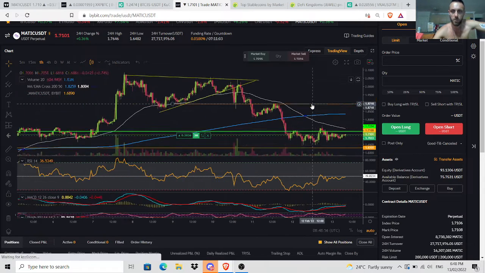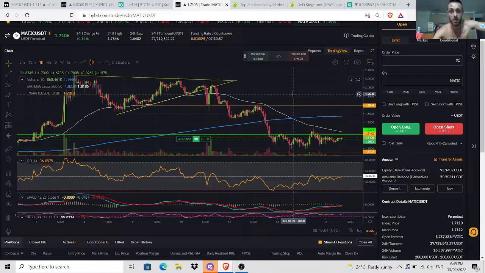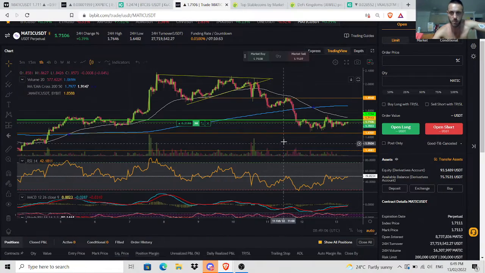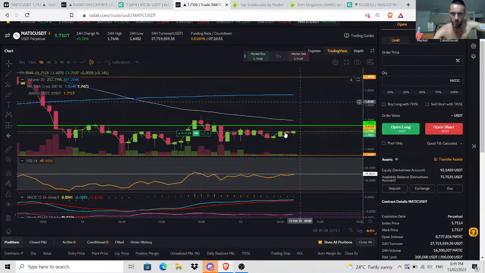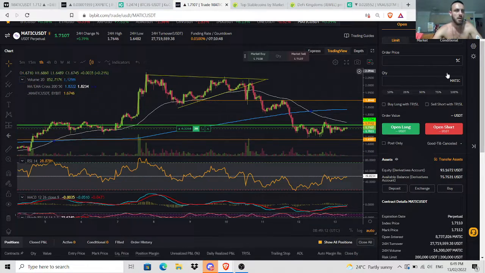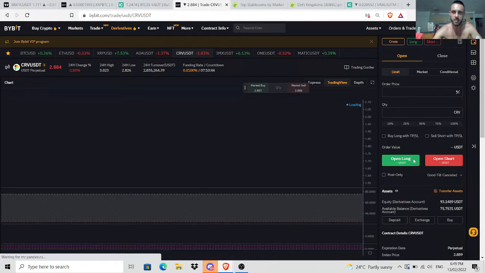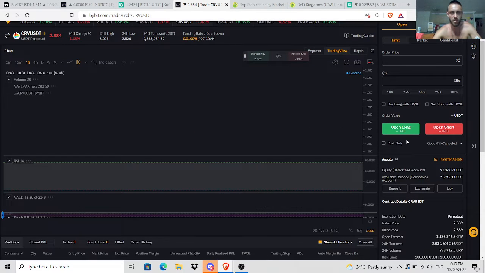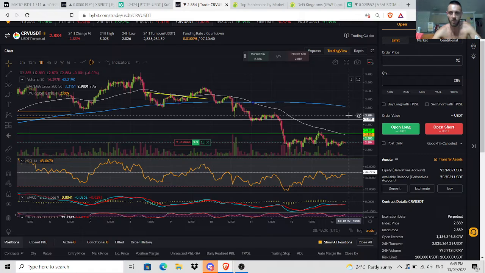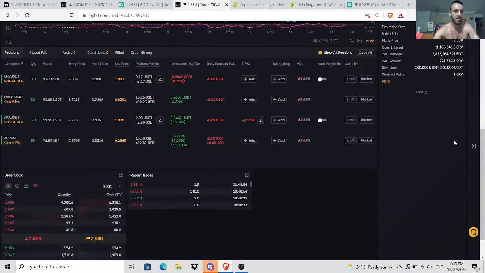Okay, it looks like we're forming a bottom, we're getting divergence, but we're still under the 50. See here, we were double topped on the 50 and we made this massive impulse down. So I should have a tight stop loss, but I'm watching this. If we break out and above, then good, we might continue bullish. We'll just have to wait and see. And there's a couple other ones I'm trying to pick. Curve, yeah, we might. We'll just have to wait and see.